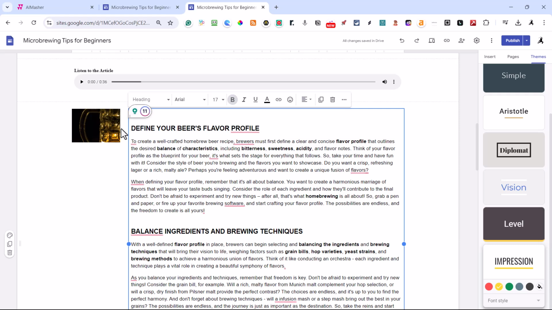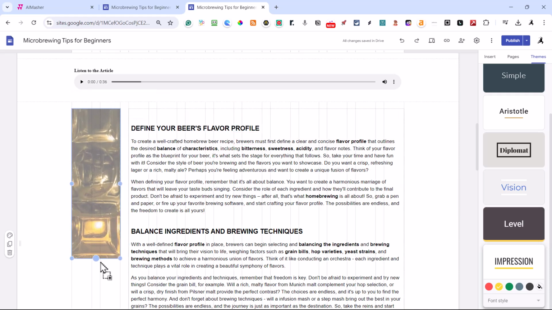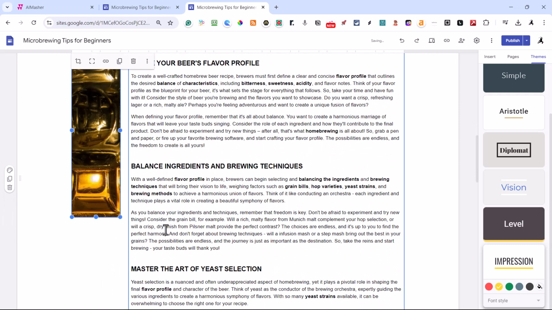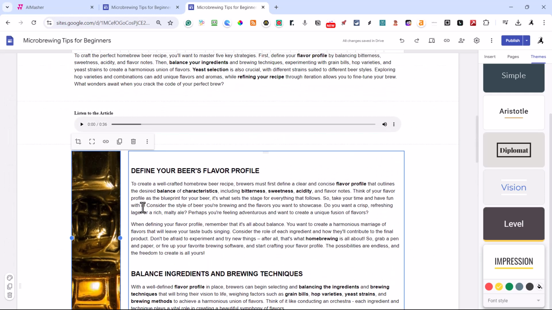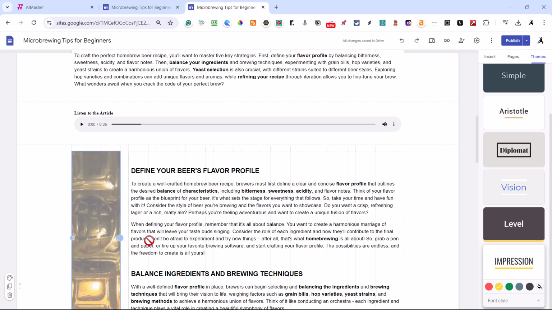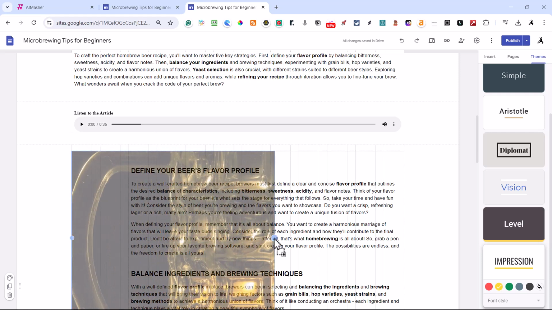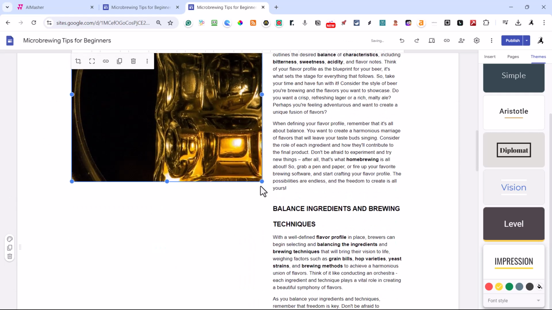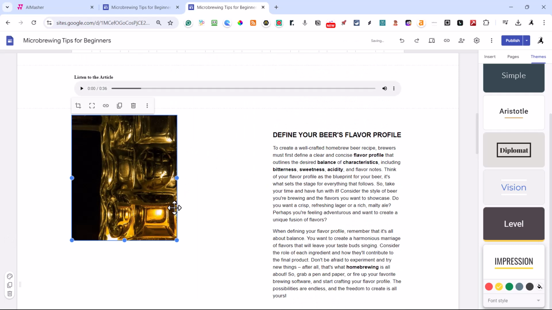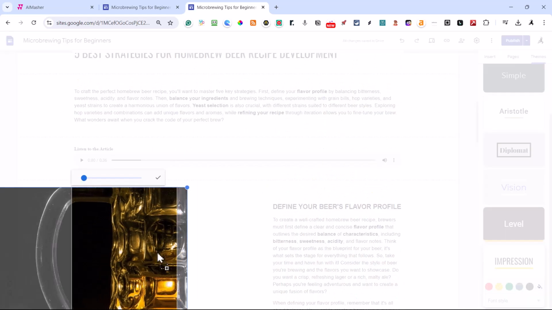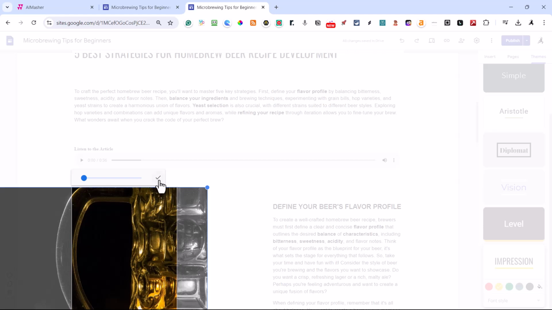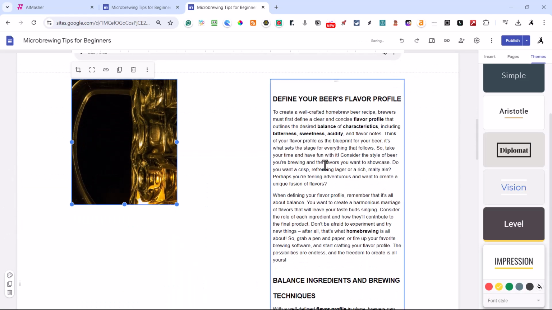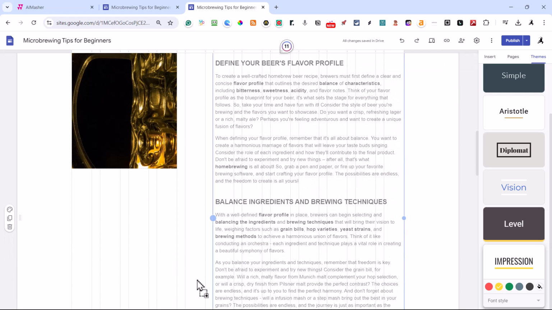And I'm going to stretch this out. Kind of gives a unique impression right there. And I'm going to pull it over just a little bit so you can tell it's a beer. And let's push it back up like that. Okay, there we go. It's an interesting image. And I'm just using the toggle bars.